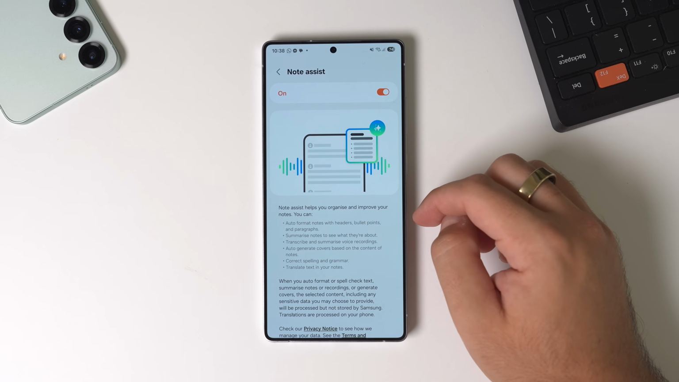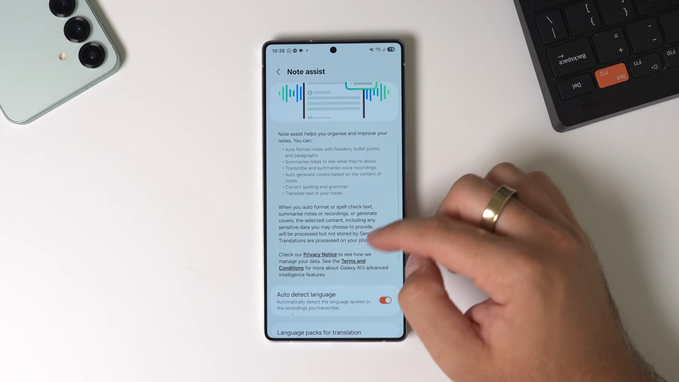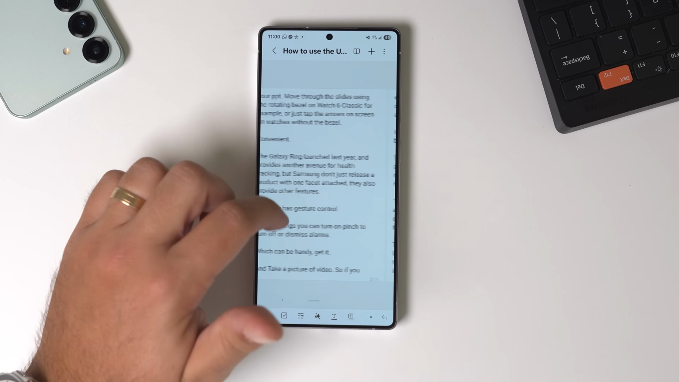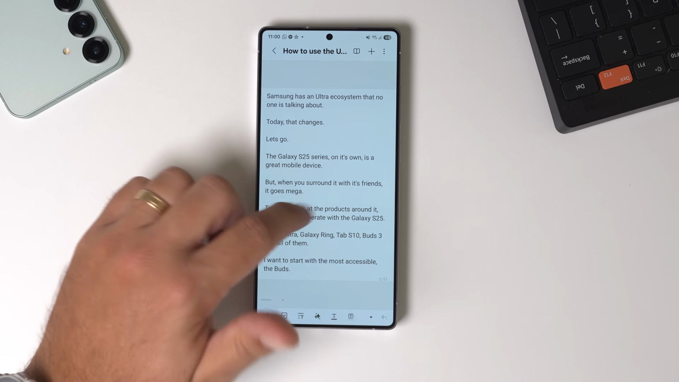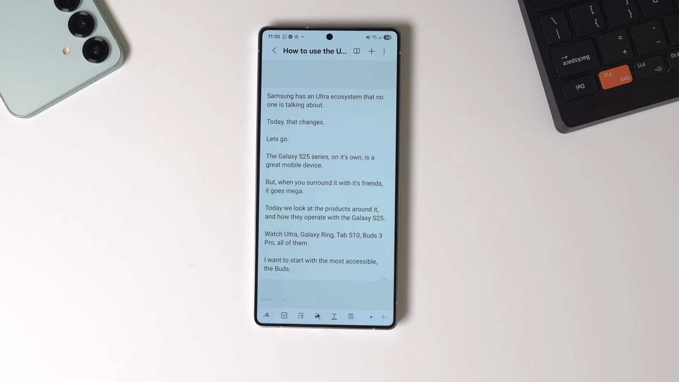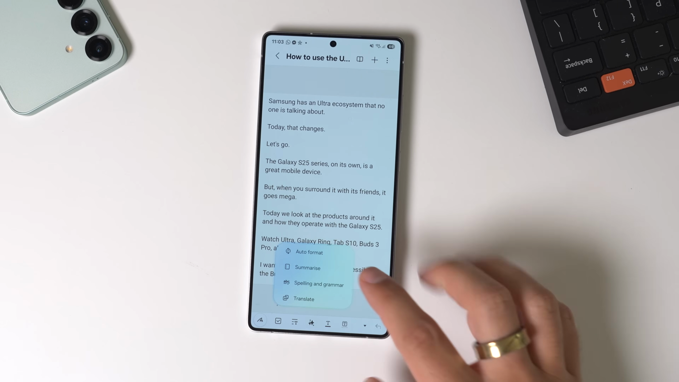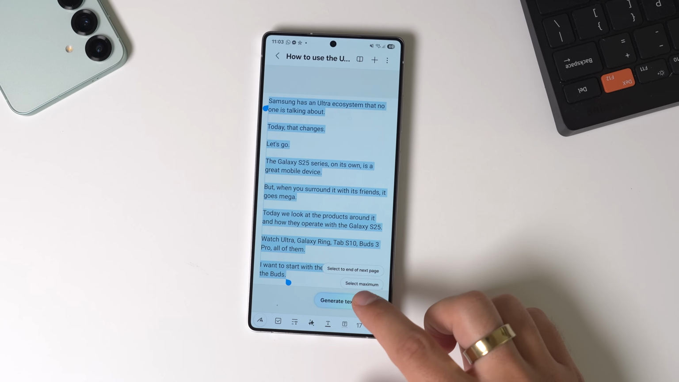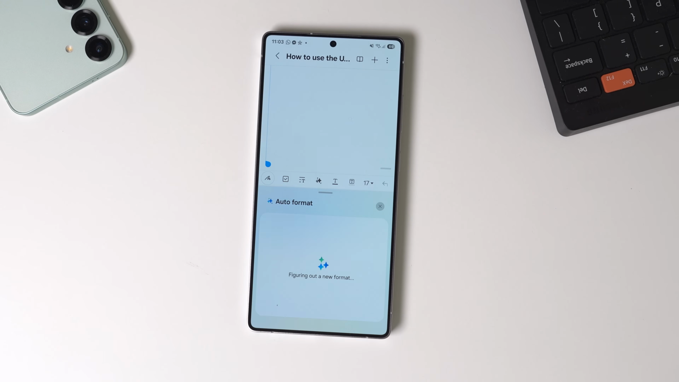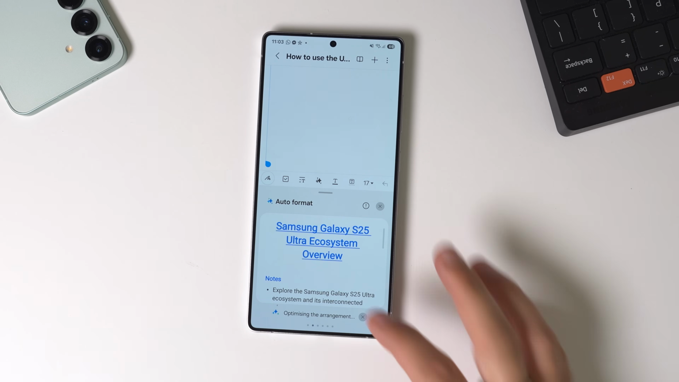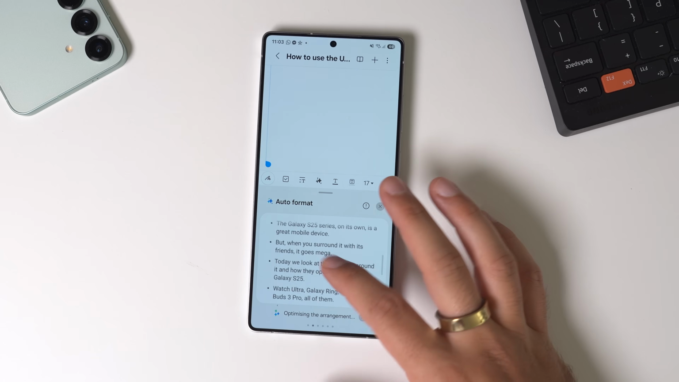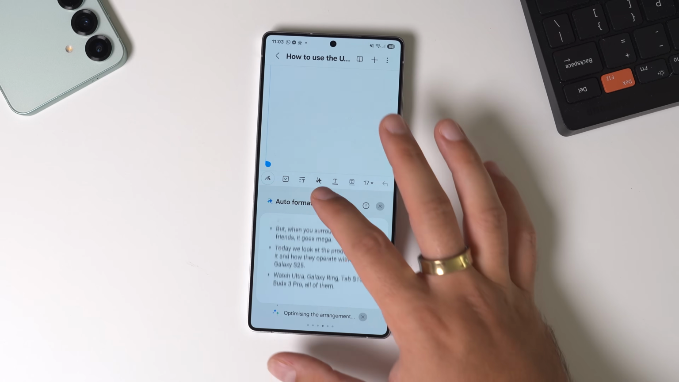Next is Note Assist. This, should go without any surprise, is Samsung Notes related. So once you've got something typed up in Samsung Notes, whether it be a script or meeting notes, you've got plenty of options here to use AI. First one is auto format. I love the auto format toggle because when you select it, you've got the option for headers and bullet points or meeting notes. Either one will reformat your body of text to be more cohesive and